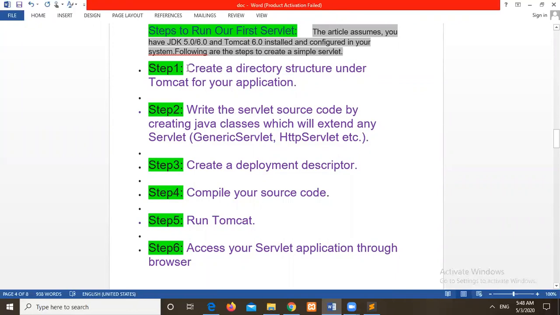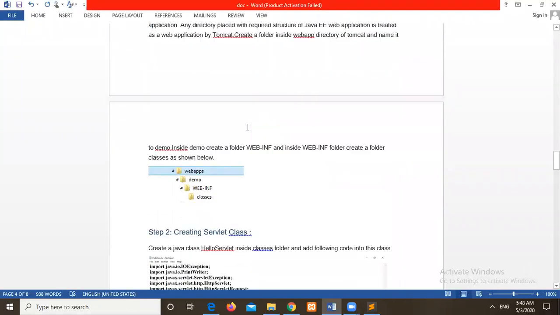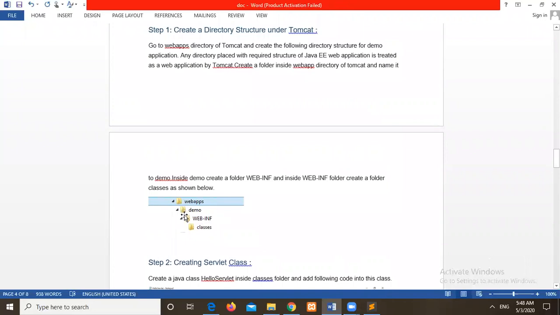Okay. First, you need to create a directory structure, right? What is meant by directory structure is where you are deploying, where you are writing the program. Okay. It should follow some standard directory structure. Okay. Here is the directory structure as you see in this document. Okay. I am going to create this. I should create this directory structure at the server location. Okay. In a Windows computer, by default our